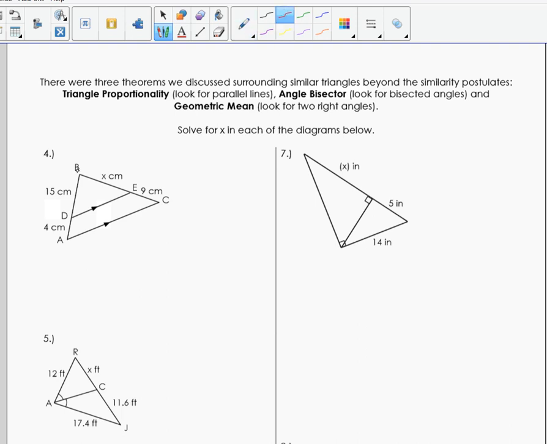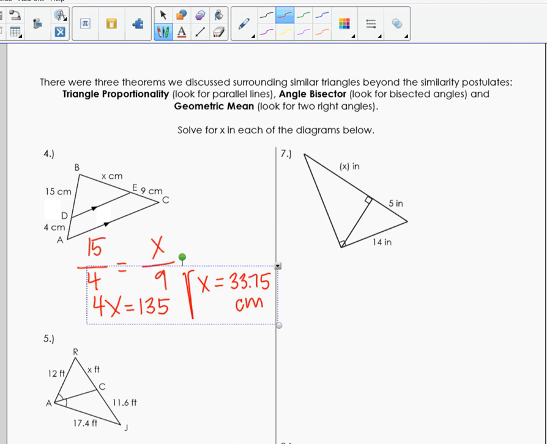So this first one has to be triangle proportionality because of the parallel lines. So that means that 15 over 4, top over bottom, equals x over 9, top over bottom. Then we can cross multiply, and we end up with 4x equals 135. So x, when you divide, is 33.75